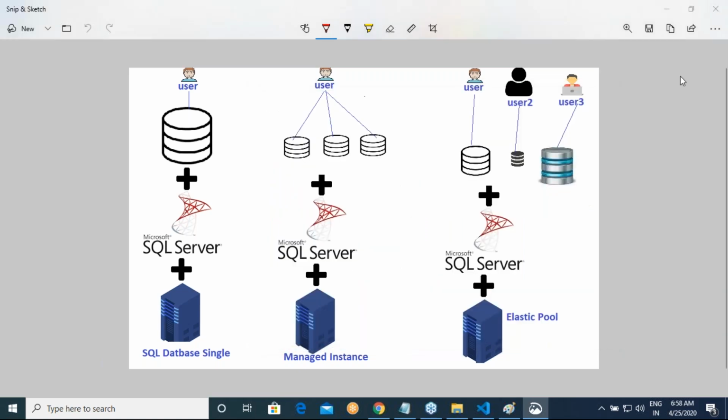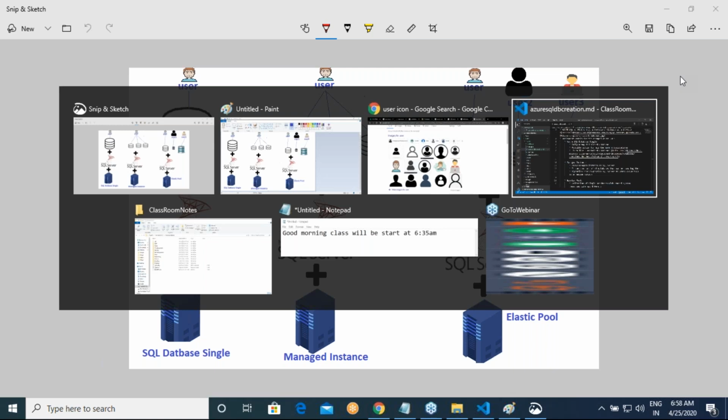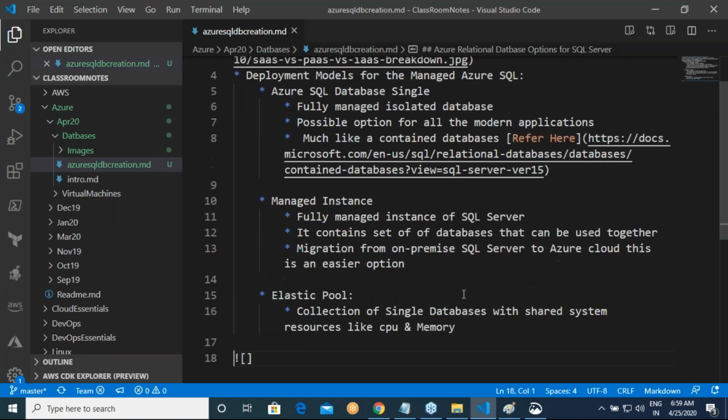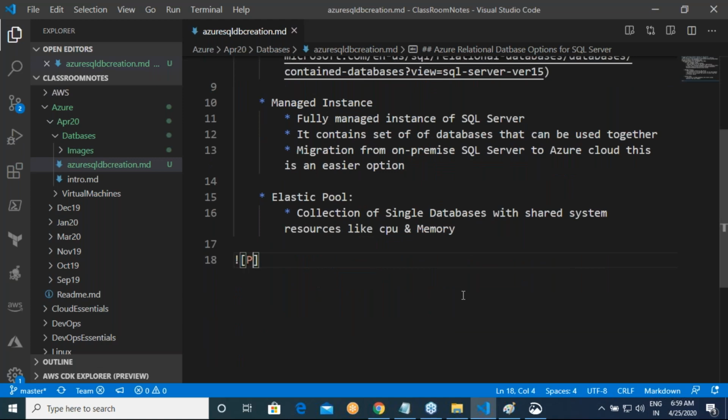Okay. So now if you get into the preview mode, I am just drawing all the images over here. So dot slash images slash Azure SQL 11 dot png. Right. Okay.